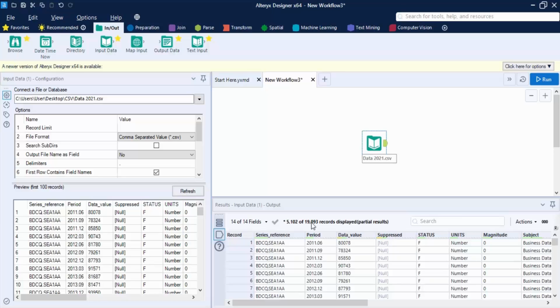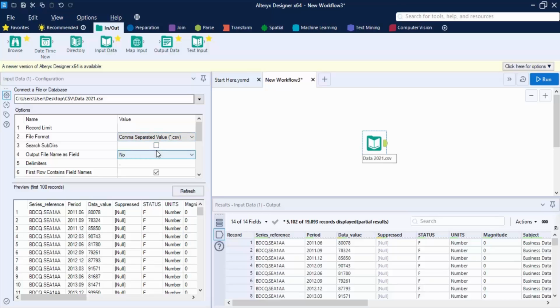Why is it? Because in the output panel, the maximum allowed limit is 1 MB. So however many records you can get in 1 MB, only those records would be displayed, right? Like in this case, we have 5,102 records out of the total number. Now these are sufficient to give you an idea of how things are going to work. So it's okay,